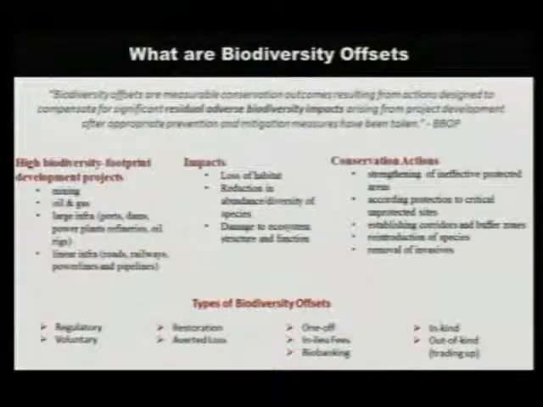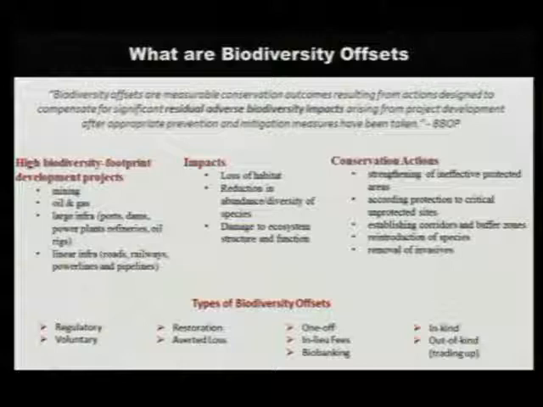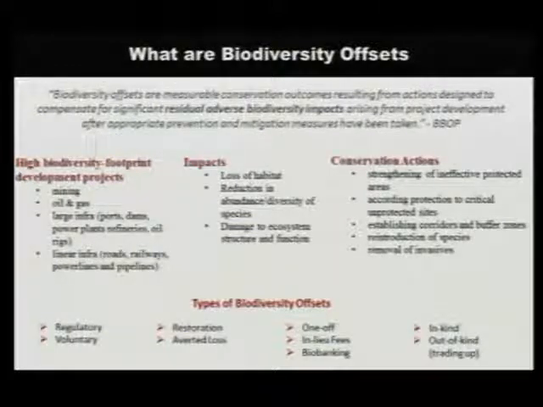Now, what are these companies? What kind of businesses have a biodiversity impact? Any idea what kind of businesses? Which businesses, as we discussed in the previous session, have a large biodiversity footprint? Extractive industries, mining, oil and gas, large infrastructure, and even linear infrastructure. How? Linear infrastructure, say roads and railway lines, tend to fragment ecosystems. They tend to fragment habitats. So sometimes they have a more serious impact on biodiversity than large-scale infrastructure.